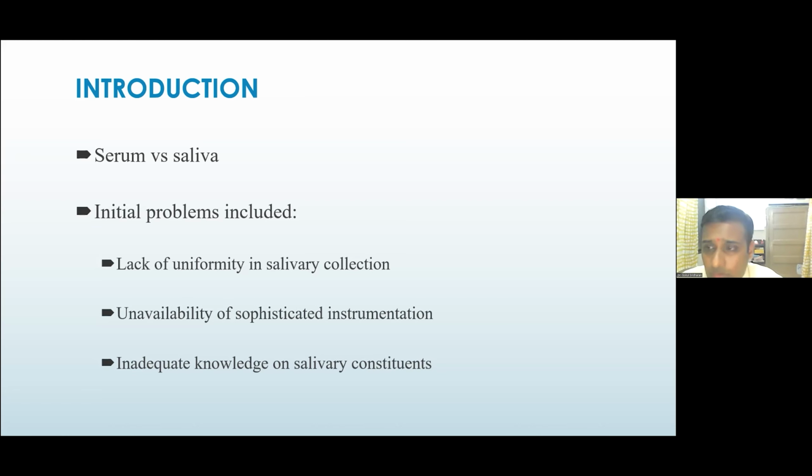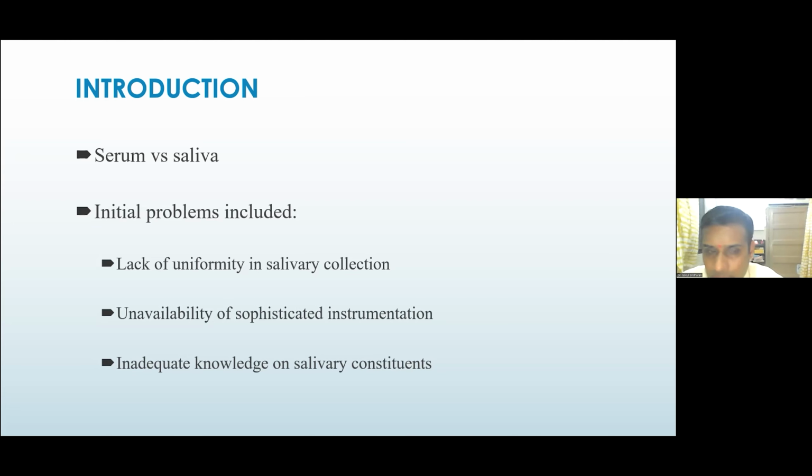Something like saliva, urine, and CSF were employed at various stages. Saliva is primarily important because it has the advantage of being a non-invasive mode of collection, is easy to collect, and not much expertise is required to collect saliva. Since the 1960s, lots of research has been done to try to use saliva as a diagnostic fluid for identification of various biomarkers. However, it did not really come to a specific conclusion primarily because of various problems involved